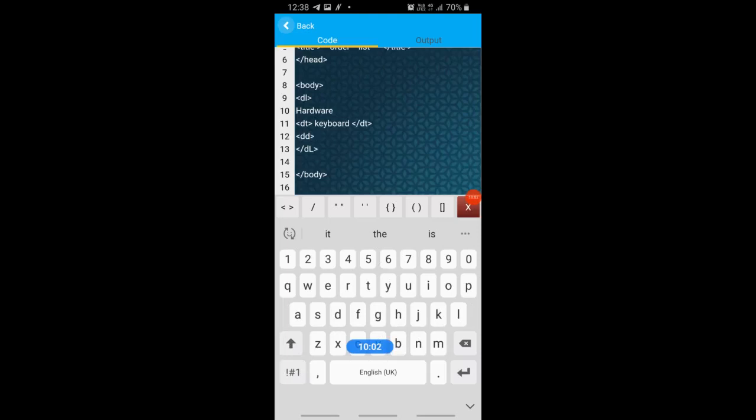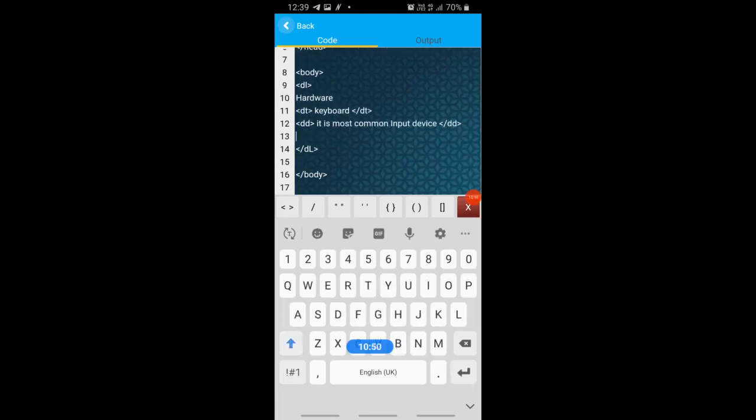For example, it is the most common input device. Now close dd. Clear?